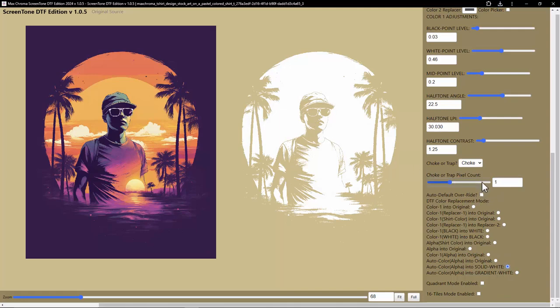It's really easy to show if I switch between a choke and a trap, and I got it on 3. So there's choke. Trap should then push the stuff outward. You'll see it expand, right? Okay, go back to choke. Oh, I'm sorry. This is very important. It's not showing it. I'm going to zoom in. We're going to look at it